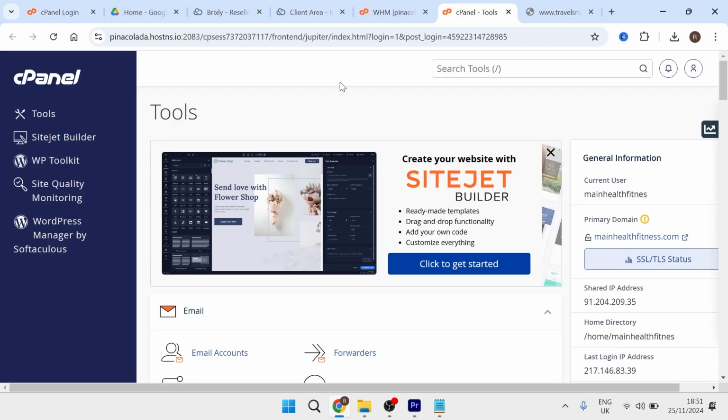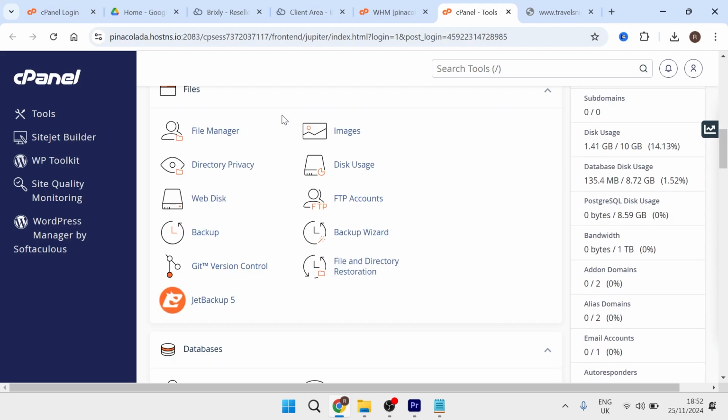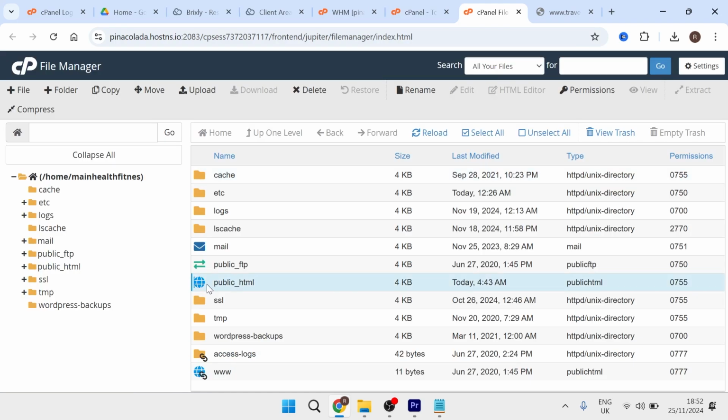Another way to get into it would be from your web hosting account. Usually there's a link somewhere in your web hosting where you can access the cPanel directly, and it usually doesn't require any login credentials. So once you're on your website cPanel, you then need to scroll down and click on File Manager, and then from here you need to click on the